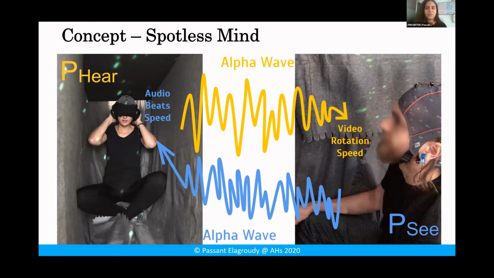The other way around, the person who could see could see balls that are hitting each other, and they're faster the higher the brain occupancy. Each of them is deprived of the other sense so that they completely focus on the state of the partner, not themselves. Other people are allowed to watch this experience while they can hear and listen to the music.